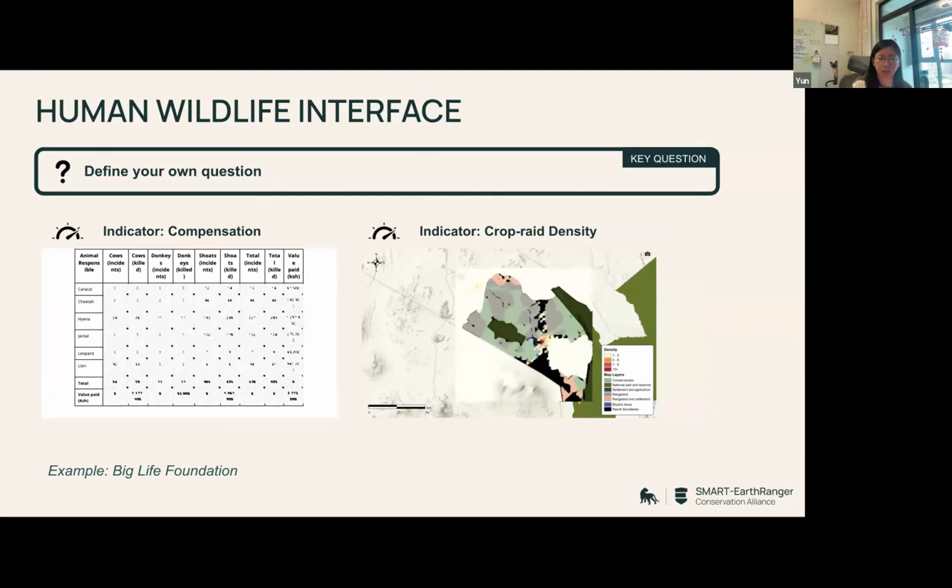In the two examples, the first one is that the organization gives compensation if there's a human-wildlife conflict, and they want to understand the responsibility of every species for asset loss. This is something very specific to their organization, and we create these tables to help them visualize the data. Crop raiding density,